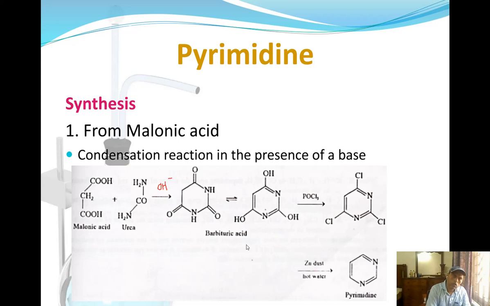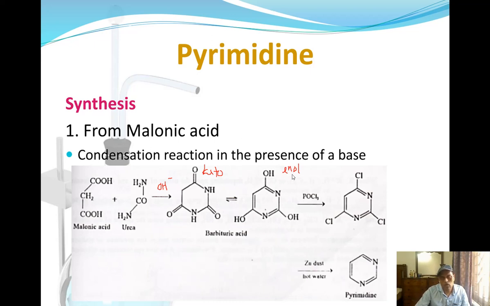These are the two forms of barbituric acid. One is keto form. This form is keto form, right? This is enol form. These are the tautomeric forms of barbituric acid. They are isomers. So this is a tautomerism, right? It's a structural isomerism. Anyway, this keto form of barbituric acid gets converted to enol form of barbituric acid, and